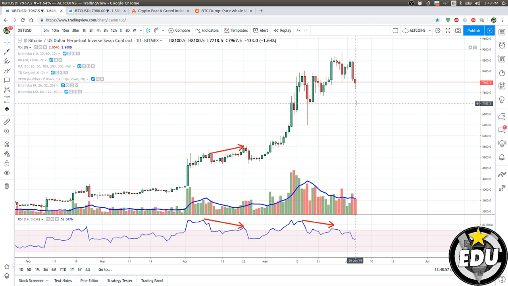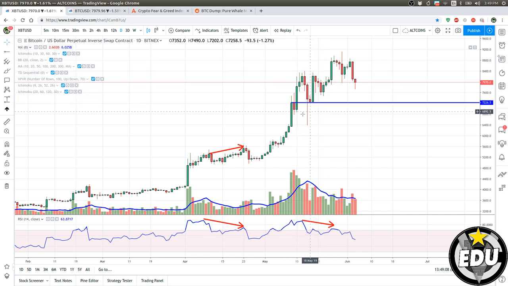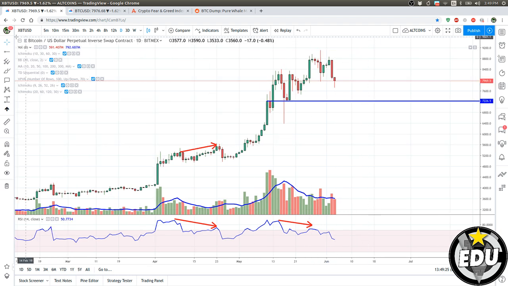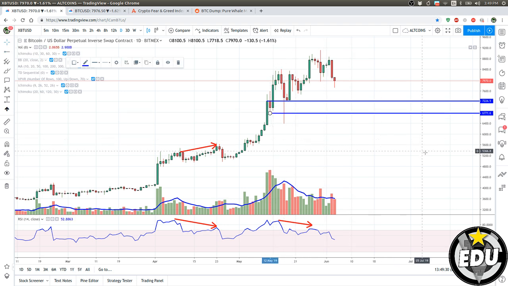7.2 is not that far, it's here. And that would be a nice level for a possible bounce, because it's right on a nice level on the daily. This candle close retested and is going up, so yes, it can go to 7.2. 7.2 for me will be the line between bulls and bears. So if it goes below 7.2, 6.8 will be the extremely lowest range where it can wick and go back up quickly, otherwise it's gonna drop more.